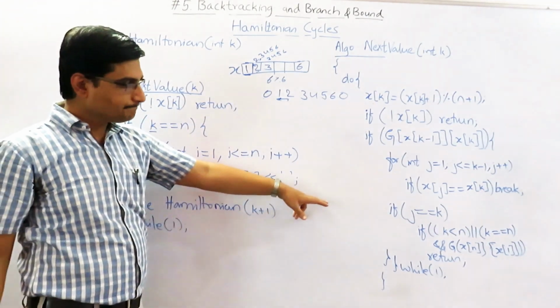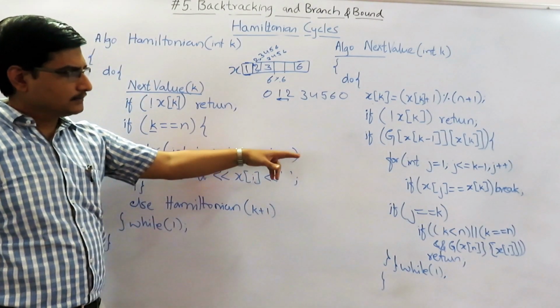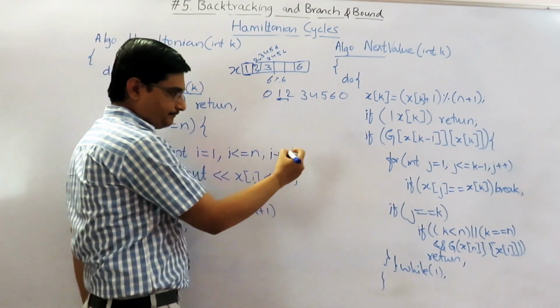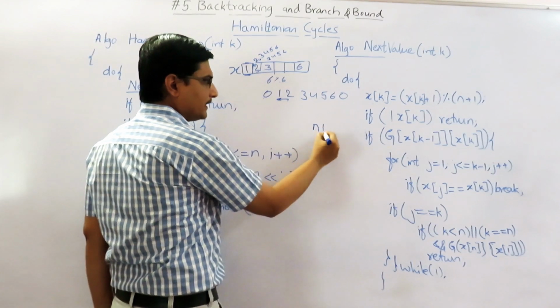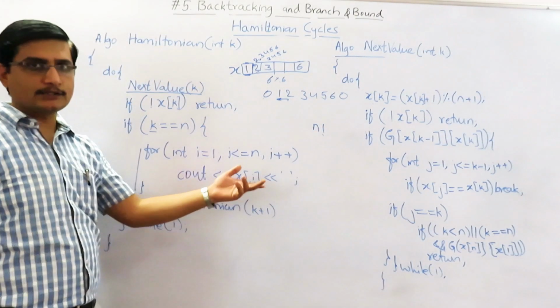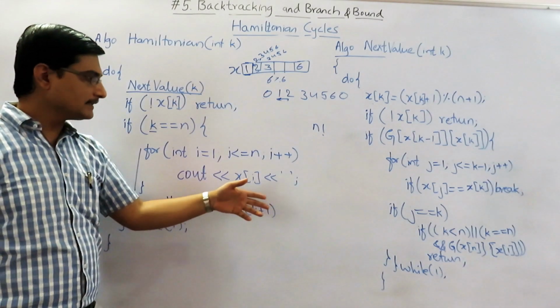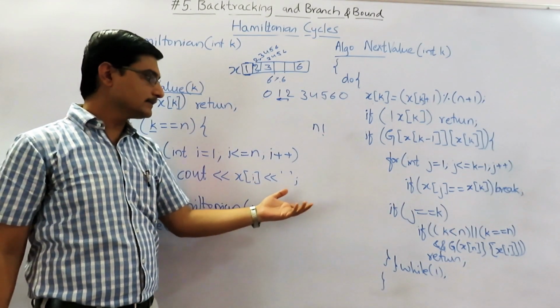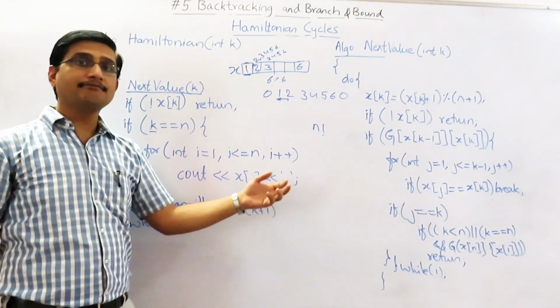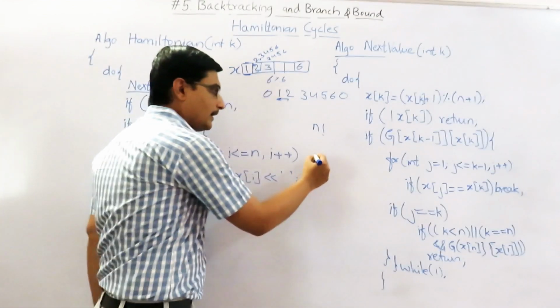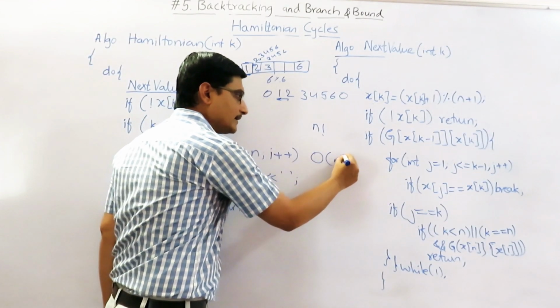So there is a while loop in a for loop. n factorial number of iterations it is going to do, because it is going to find all the cycles. If there is a cycle and it is not a Hamiltonian cycle, of course that has to be iterated. So it will take big O of n raised to n amount of